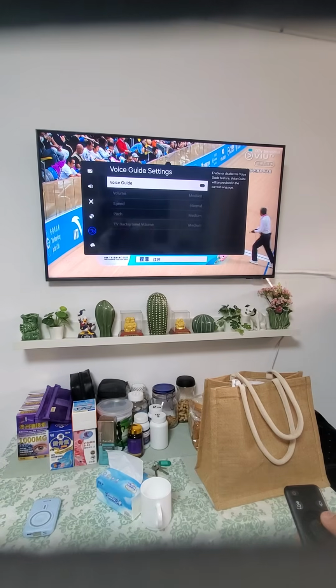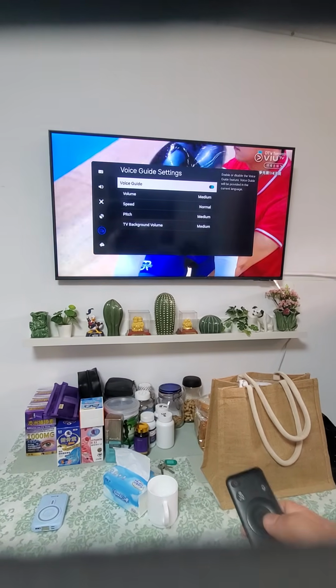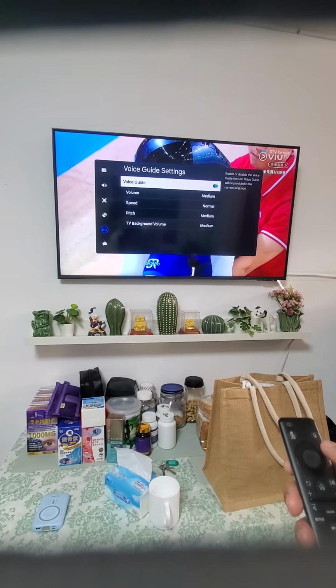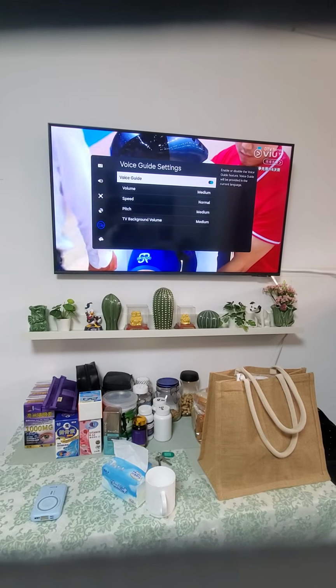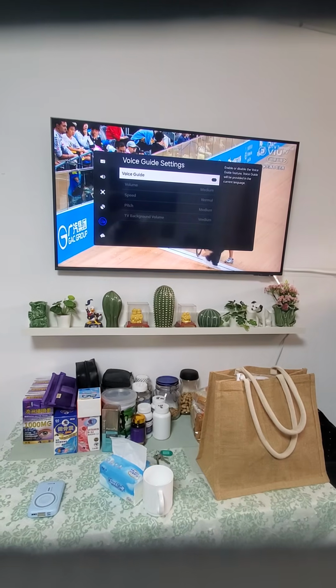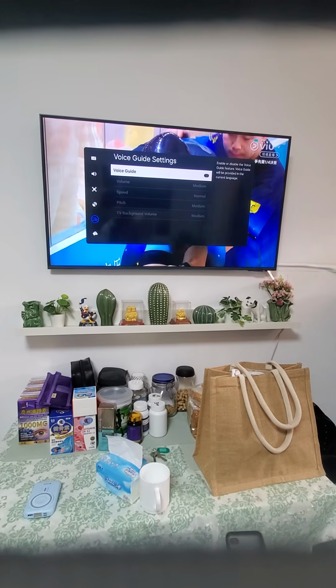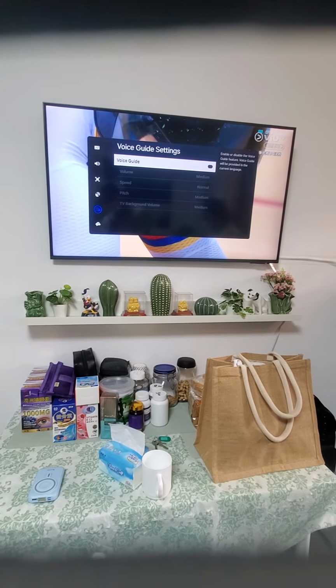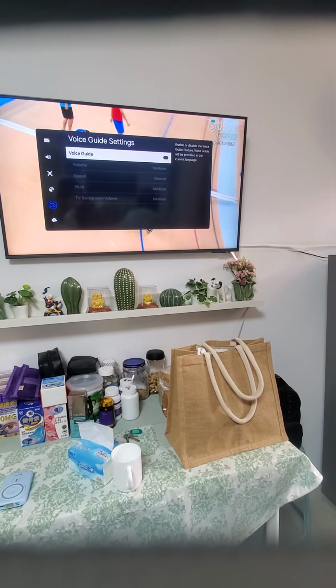So let's say for example it was already on before, no? Same thing, go to the settings and then select the accessibility. And this one is on, you press the button again. Voice guide off. And you're done. The select is this button. And when you go back home, you go back home.